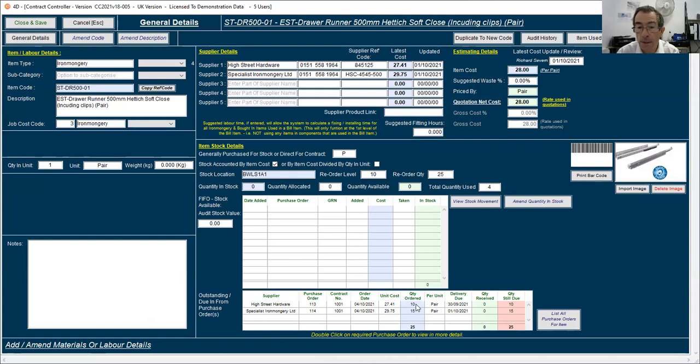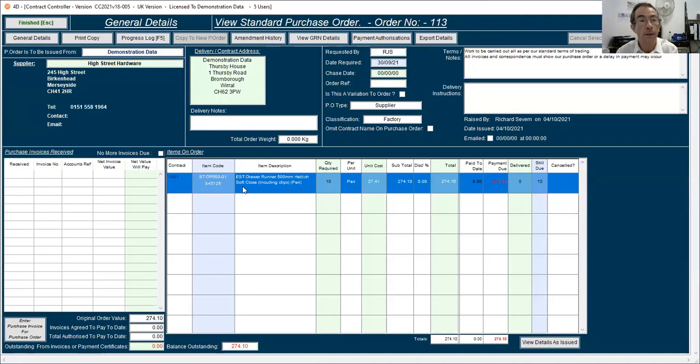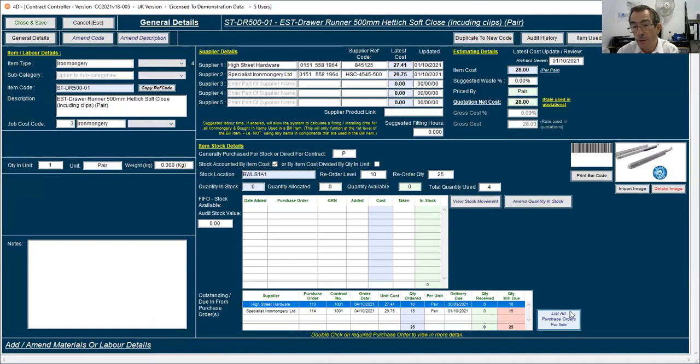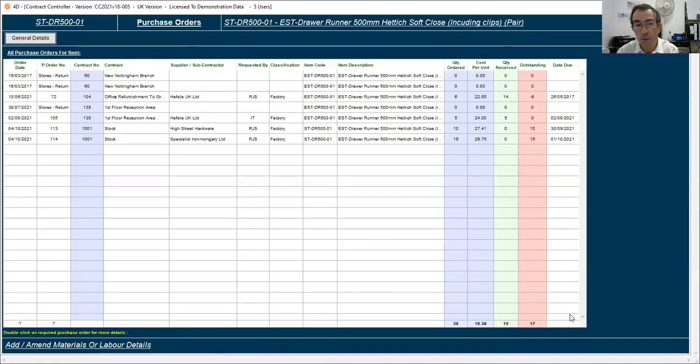So I've got 10 due in from High Street Hardware at 27.41 each or per pair, and 15 due in from Specialist Ironmongery at a slightly higher price. I can look at the purchase order simply by double clicking on those, and I can also see previous purchase orders for that item. And I can see here we've previously ordered them directly for a contract, and these two